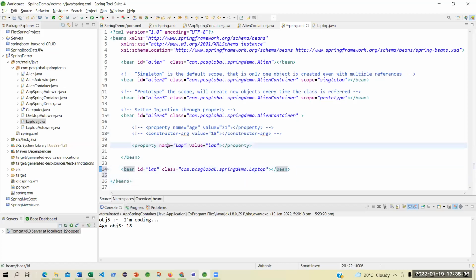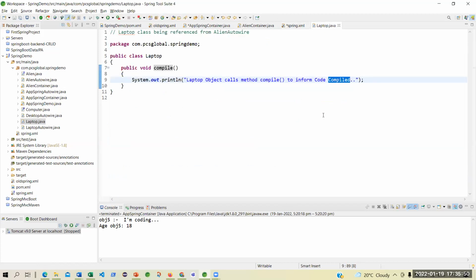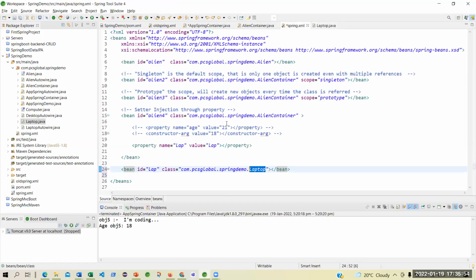Now, can you match the ID with the name? Lab and lab? Yes. Because this lab refers to laptop. Laptop is another entity bean. Otherwise, how will you use it? So you are defining that in the bean, like what you have defined over this.